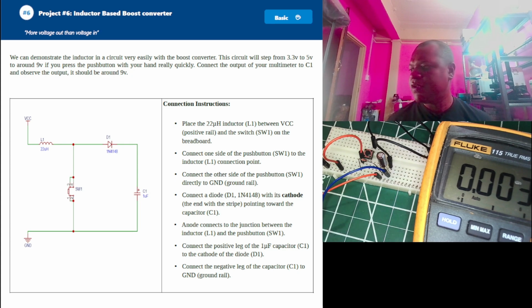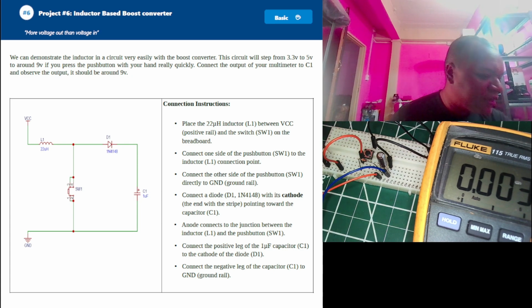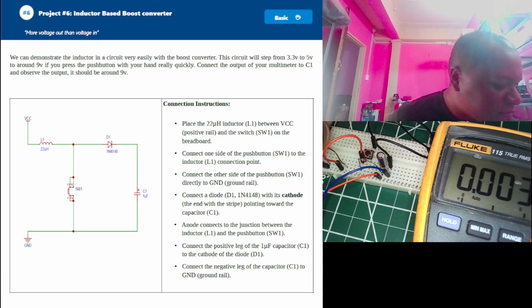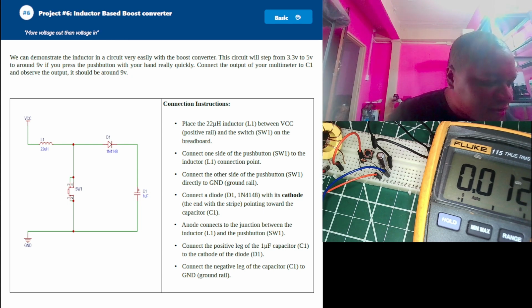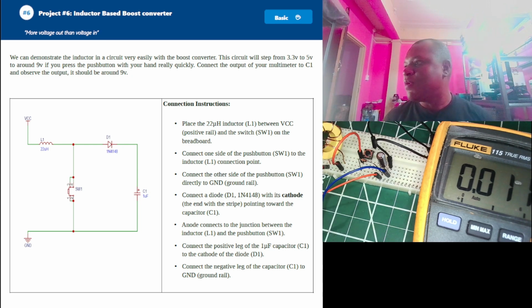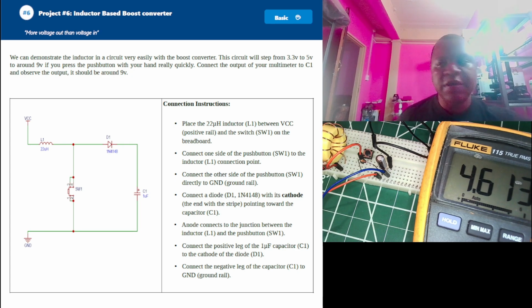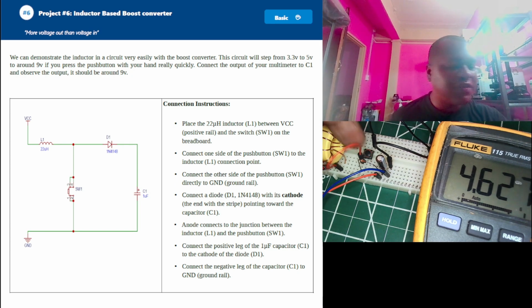So what we'll do is we'll actually connect this inductor here, right? So I'll show you the inductor is connected. Right, you get the inductor in. Now this inductor is not tightly wound, but I just made it like this to demonstrate, right? Here we are, we power on the circuit. Right, so you see it's at 4.6 volts, right? And if we actually close the switch,